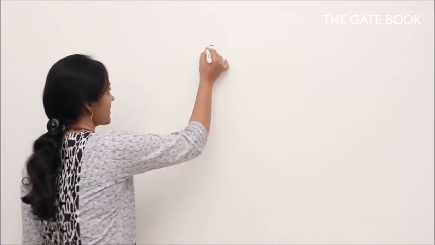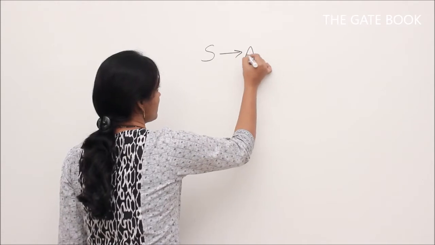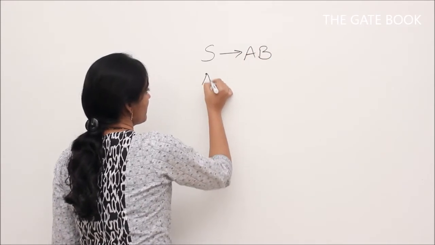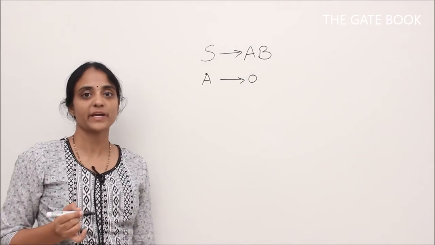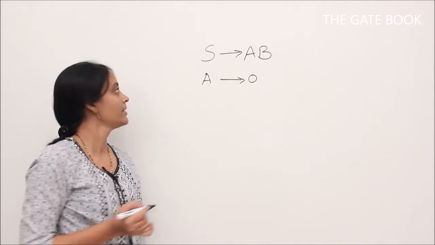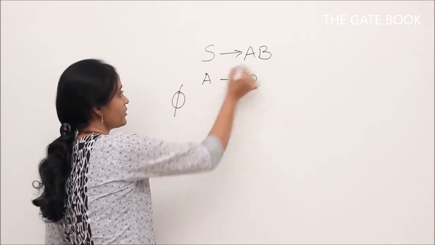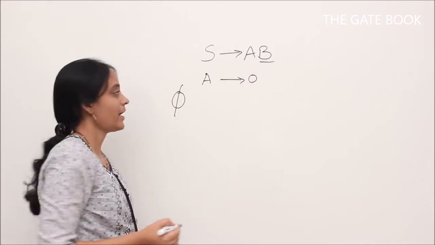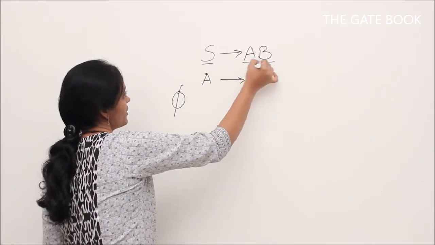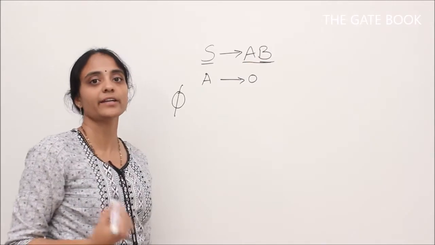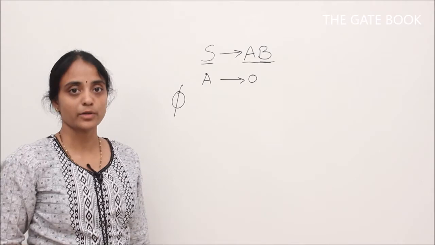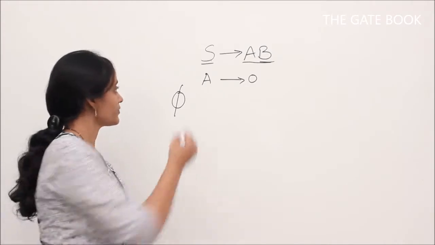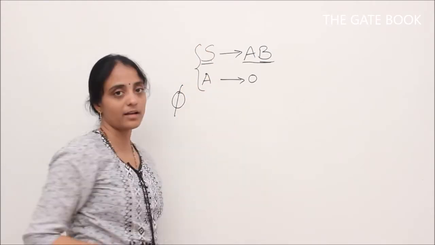Sometimes we may need to clean the grammar, like if there is a grammar like this. What is the language that is being generated by this grammar? It's null because there is no terminal production for B and S is deriving only this production. That means we can't derive any string from this start variable, right? So in such cases, though we have two productions, they are all invalid.